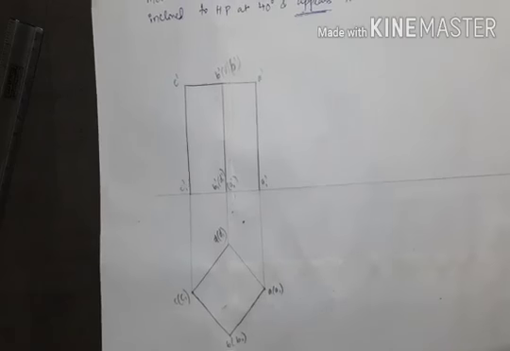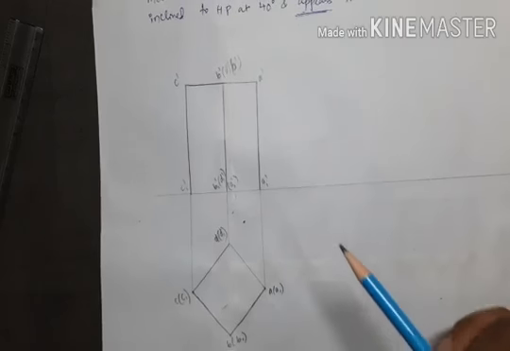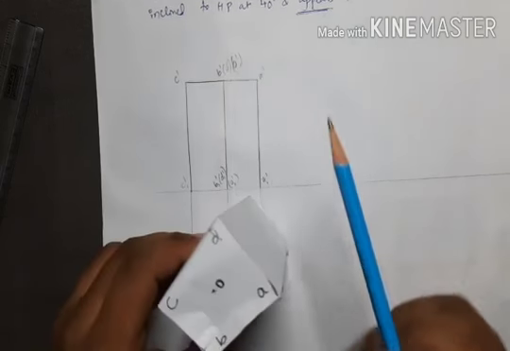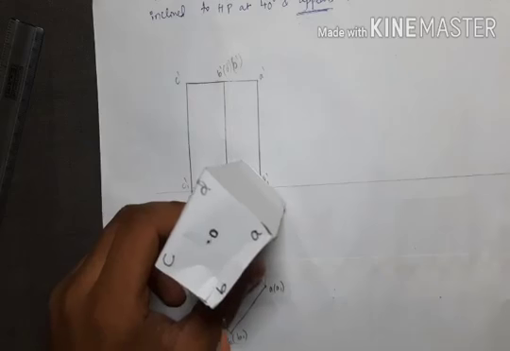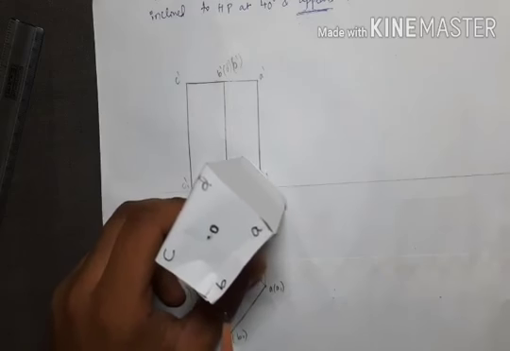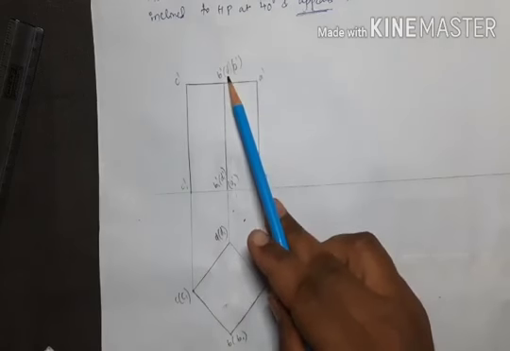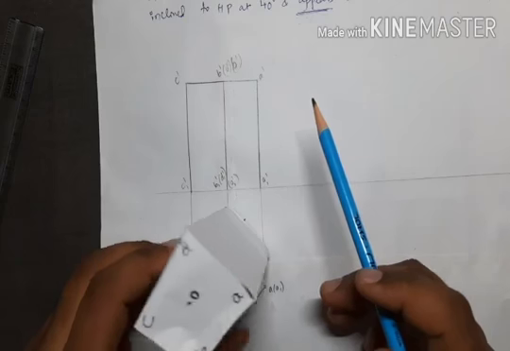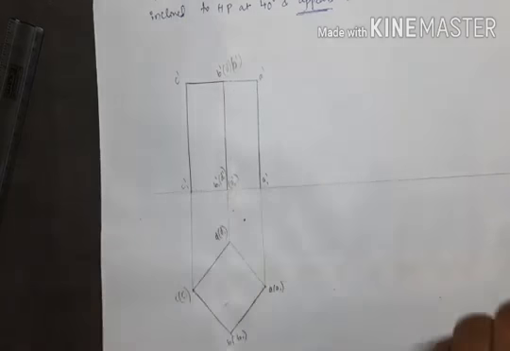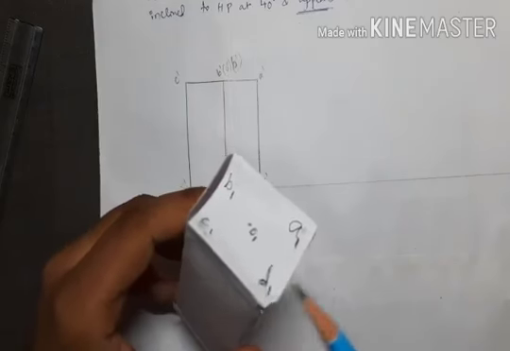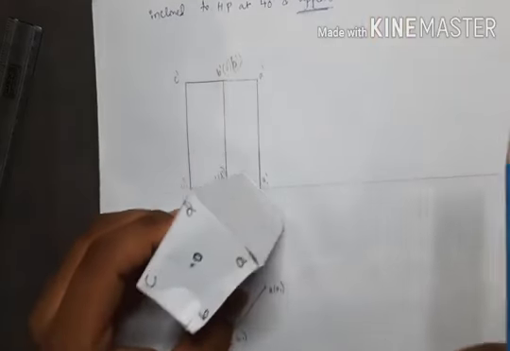So I have named all the corners. Quickly I will explain a few points on naming. So why is this D dash in bracket? Whenever you are looking from the front view, whichever corner appears to be hidden to you, that is D. That is the reason D is written in bracket in the front view. When you are looking from the top view, this is D dash. D dash is here, but you have kept it in this position.